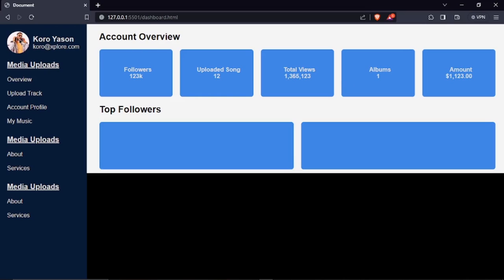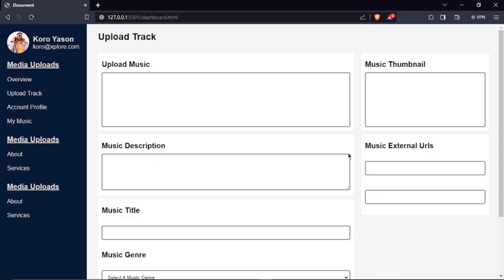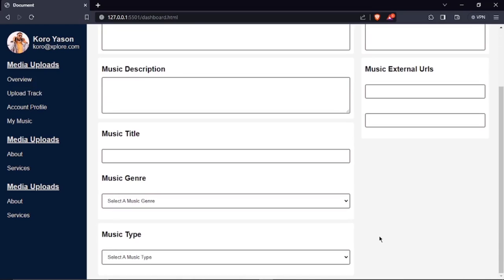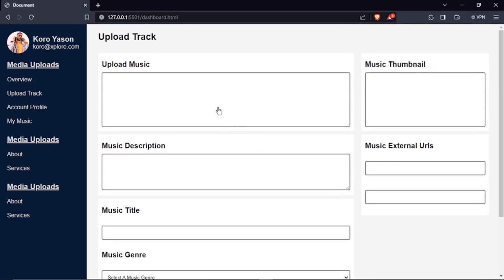So here we have our profile, where you can see our name is here, and our email is also here. And here, this is the media uploads. When you click on overview, this is actually where it is. But when I come here and click on upload track, it gives me the tab for uploading tracks. Here you can upload the track, the music, whereby you just click on it